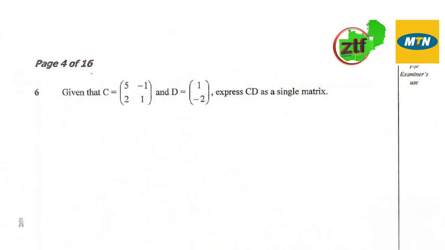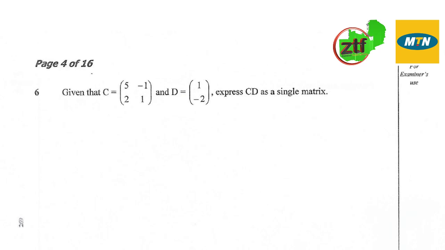All right, so away from indices, we want to move on and look at the other question. The other question is question number 6. Question number 6 is on matrices, and these are some of the questions that you need to score a number of marks in the final exam. You don't need to stress at all. So question number 6 is on matrices, and it reads, given that C is given as